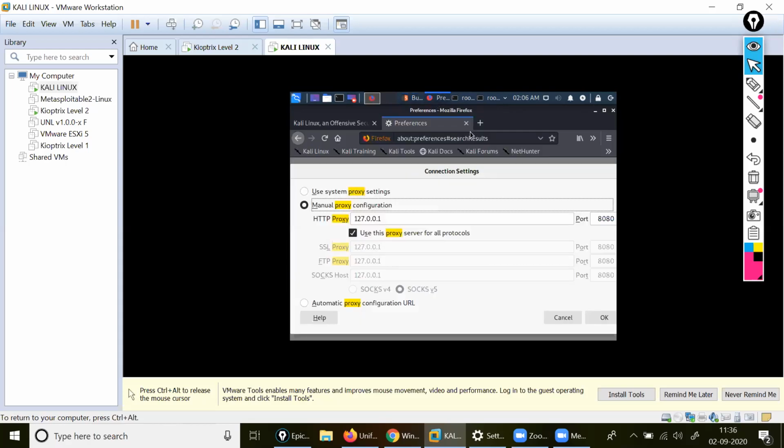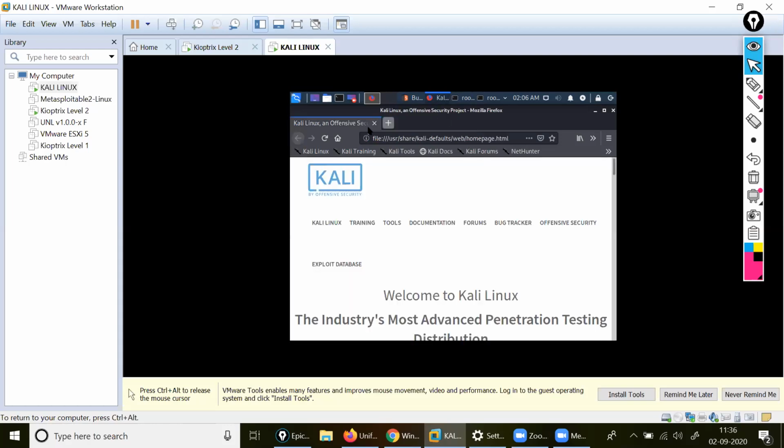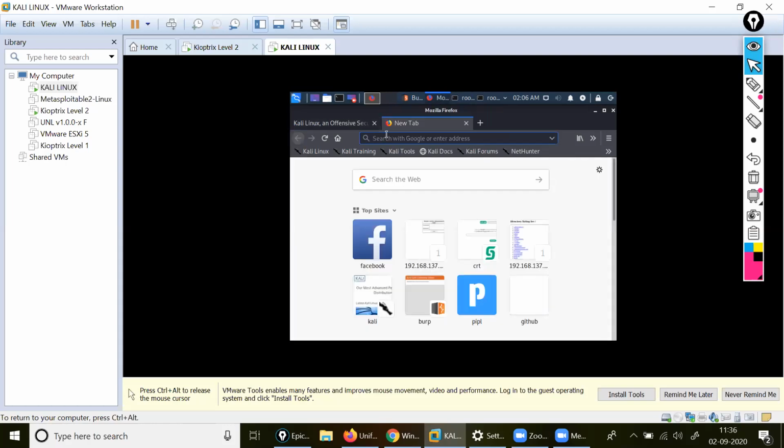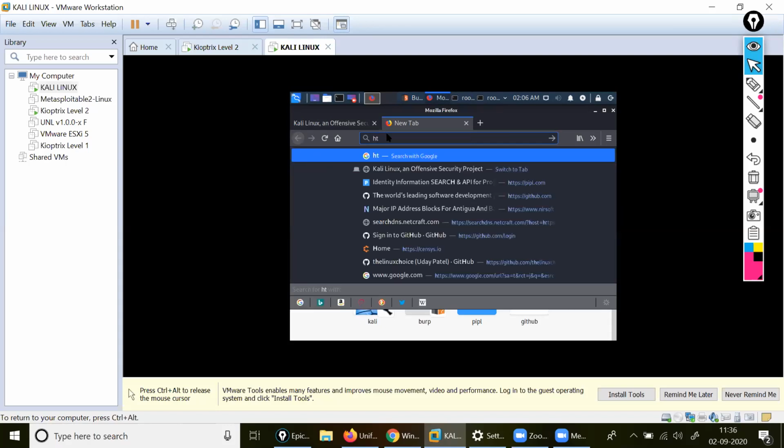GUI. Okay. My Burp is not working. Check it once again. What do you do? Come here. It is showing directly. It is going directly. Burp is not working. No, restart your Kali once again. Why is it always getting stuck? I don't even know. Check here. HTTP. Just see here once again and try HTTP